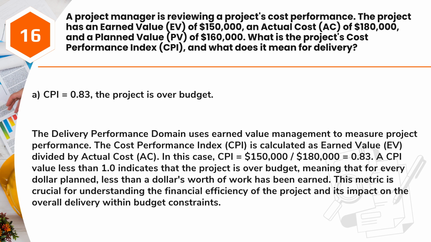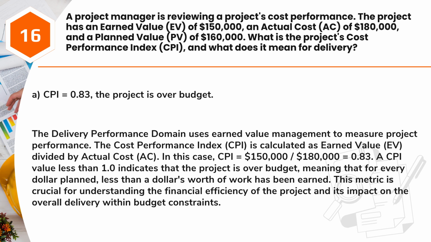Answer: A. CPI equals 0.83, the project is over budget. The delivery performance domain uses earned value management to measure project performance. The Cost Performance Index, CPI, is calculated as earned value, EV, divided by actual cost, AC. In this case, CPI equals